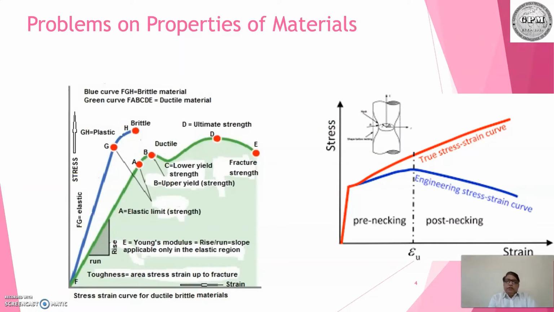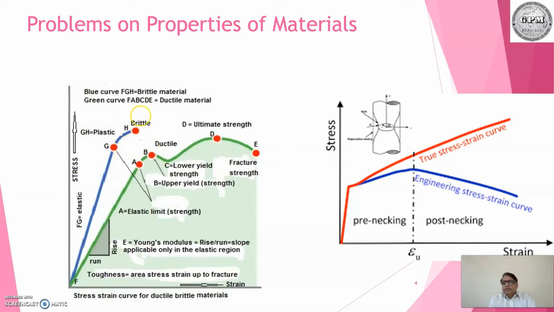So now we will go for the problems which are based on the properties of material. In that, once again, just go through this. It is the stress and strain curve for the brittle material, and this is for the green one. It is shown for the mild steel, the ductile materials. And these are the proportional limits, and up to this mark only we are using. We are not designing anything beyond the proportional limit in any design.